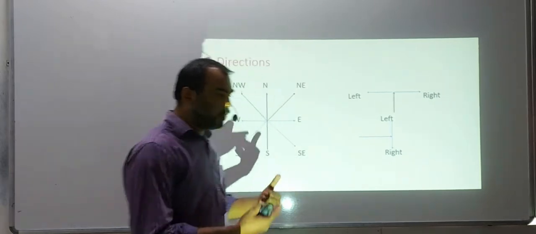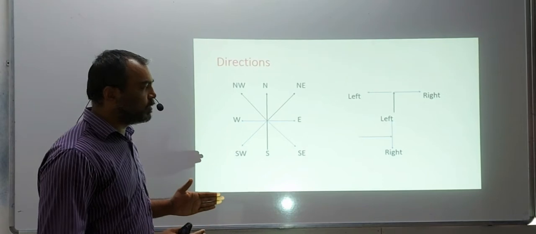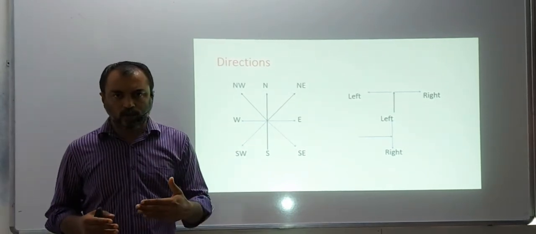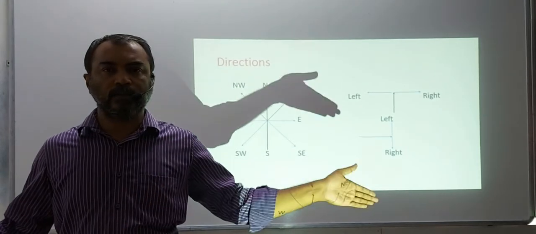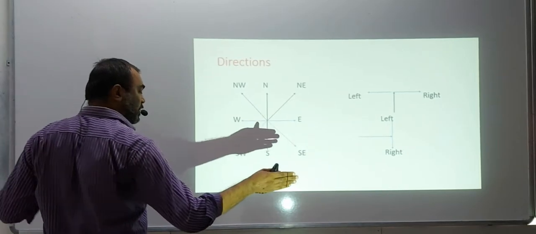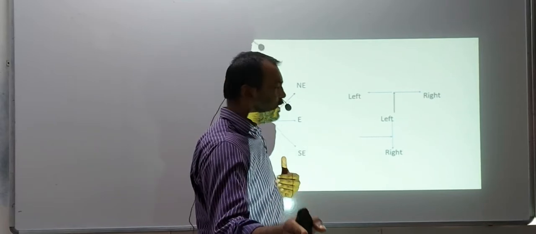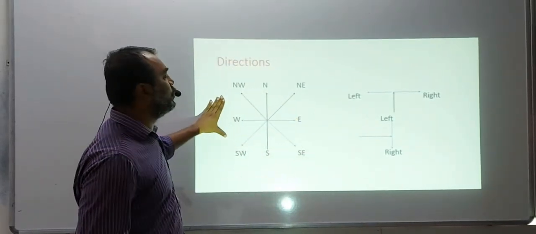Okay? So any way you walk, this is a two-dimensional figure. This is not three-dimensional, this is two-dimensional. Otherwise, even if I walk like this, or if I come towards the camera, this will be my right, and this is my left. If I walk away from the camera, this is my right, and this is my left. If I walk like this, then this is my right, and this is my left. But here it's a 2D figure, so how do you go by 2D figures?